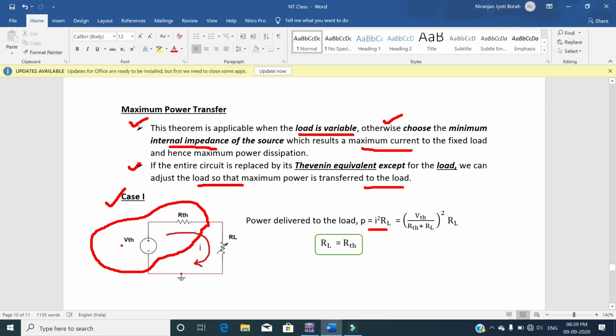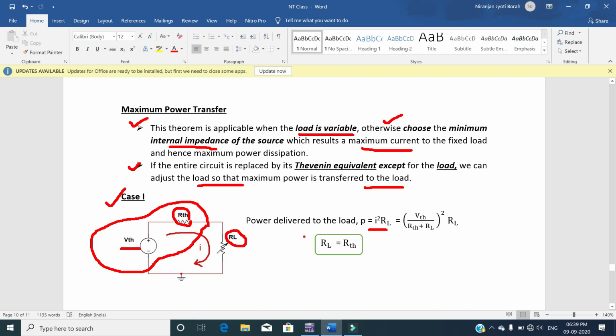It is equal to total voltage VTH divided by total resistance, that is nothing but sum of RTH value with RL. So I can replace I by VTH divided by RTH plus RL. So this is the expression for the power delivered to the load.